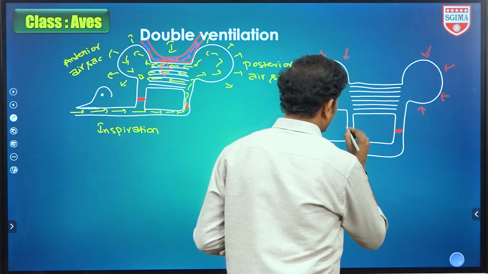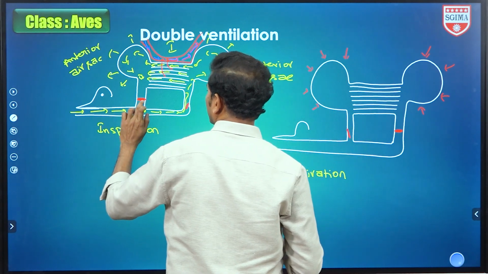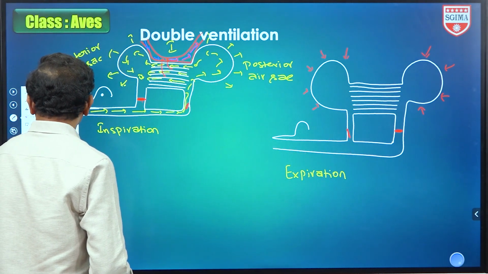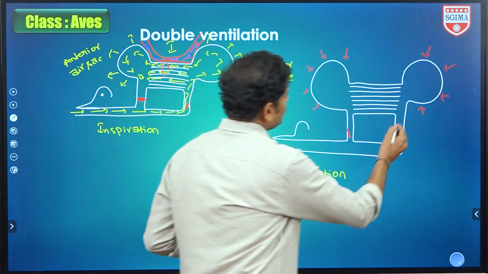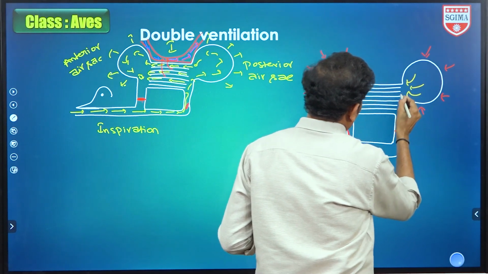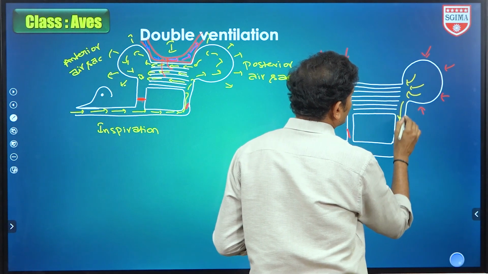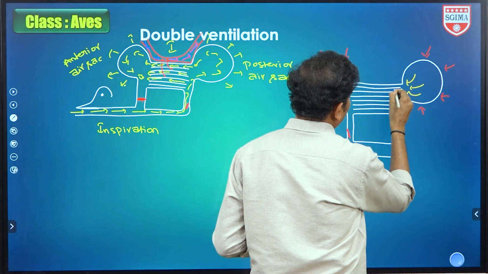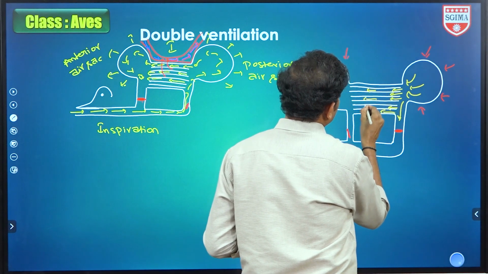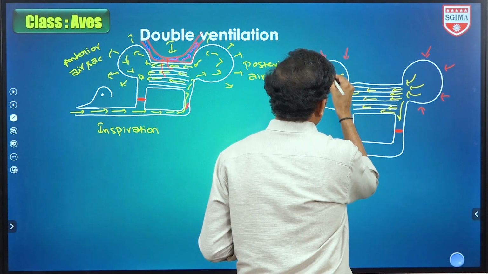This will be closed, and the valve here previously opened is now going to either close or open. Now the air will travel from this air sac. Due to high pressure, the air will try to escape from this one, but this valve is going to close. Then the second time, the air will travel through this parabronchi and reach the anterior